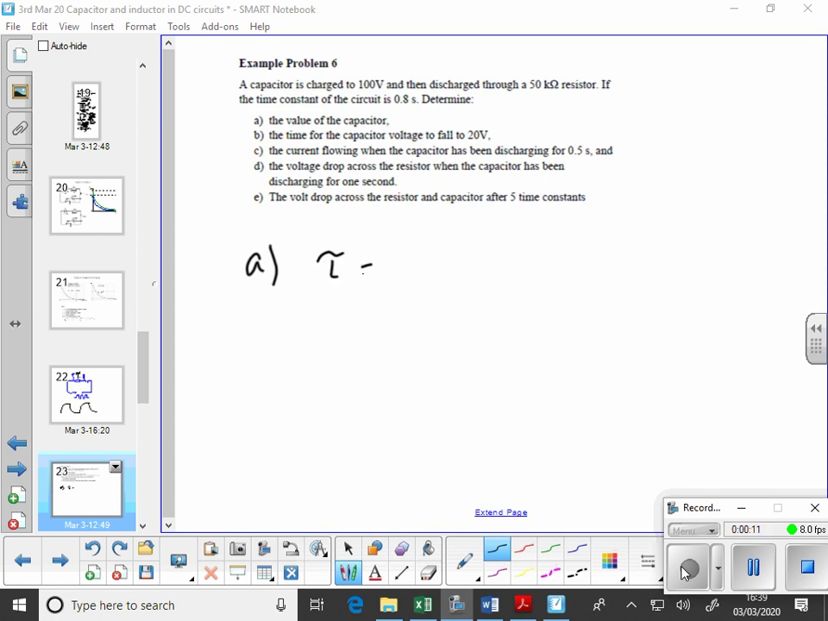Because tau is equal to CR, therefore C must be tau over R. 0.8